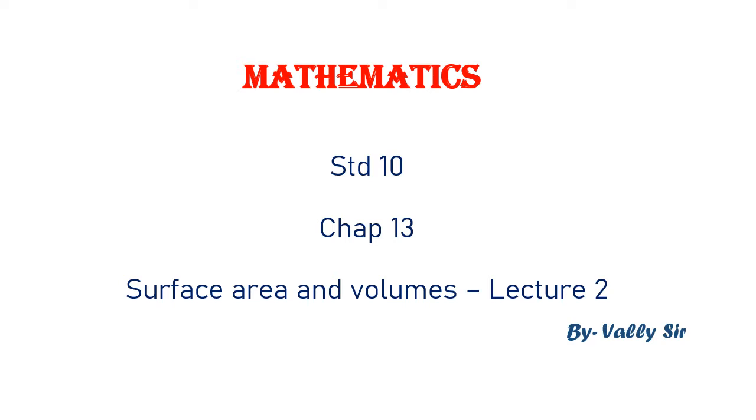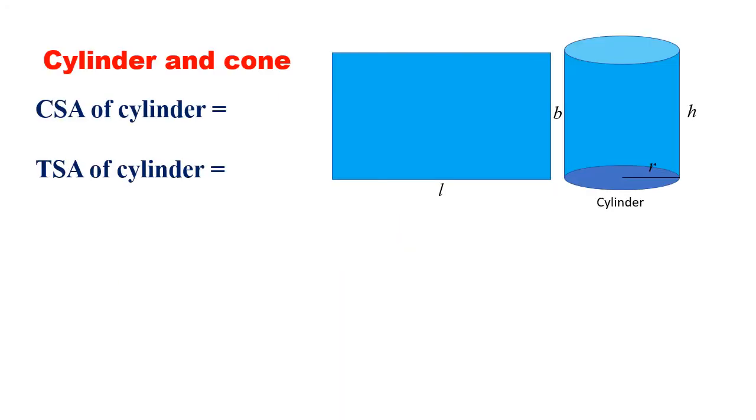So for this lecture you should know certain curves. They are the circles. So what is the circumference of the circle? 2 pi r. What is the area of the circle? Pi r square. So now using this curve we are going to learn a new 3D shape today, that is the cylinder. We have got two shapes, the cylinder and the cone, but the cone we will not do today. Today we are going to work on the cylinder.